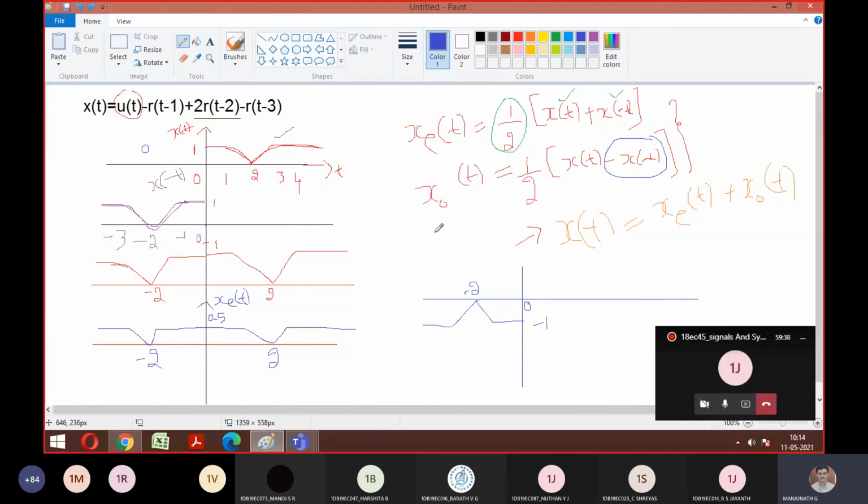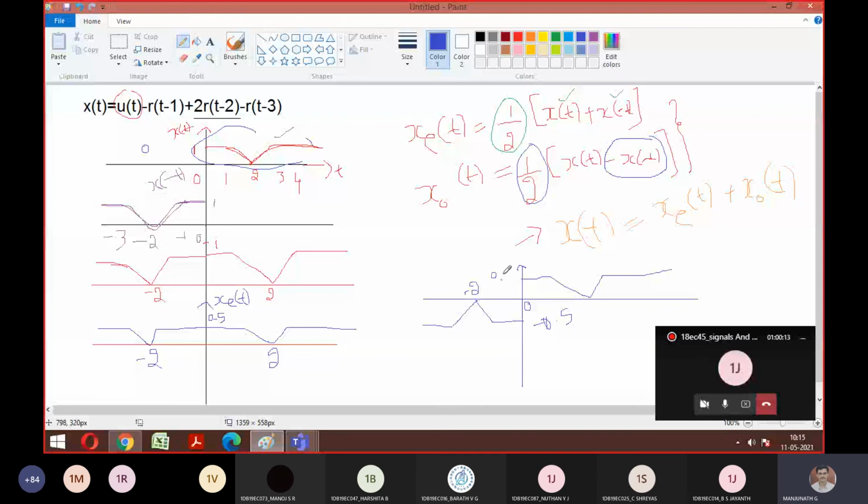Now I can do subtraction for this category. This minus this, it clearly says there is no signal here. So amplitude of 1 minus 0 remains 1 only. So I can replicate the same signal as it is there. So this is the subtraction of two signals. Then we want half of it, so it means 0.5. So here minus 0.5 and here plus 0.5. Understood everyone? How to get odd and even? Is it okay?